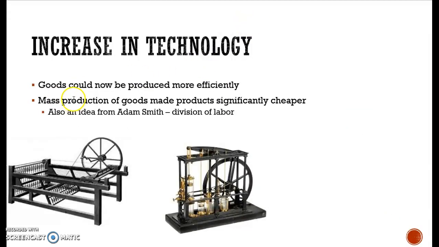And then also there's an increase in technology. Goods can now be produced more efficiently. Mass production of goods. We're going to talk about the different types. We'll talk about the spinning jenny. We will talk about the steam engine. We will talk about the loom that's created. We're going to talk a little bit about textiles, which is basically cloth making, and you'll be wondering, why the heck are we talking about textiles? It's because those were the first factories that were introduced, and really what we want to focus on is factories. I don't want to focus so much on the textiles, but the first factories being produced are